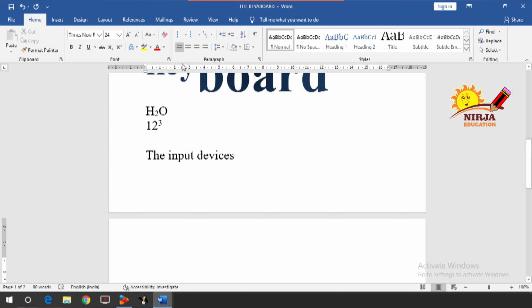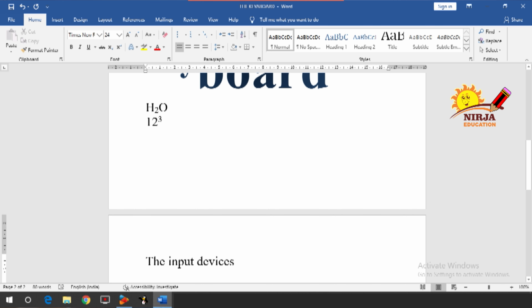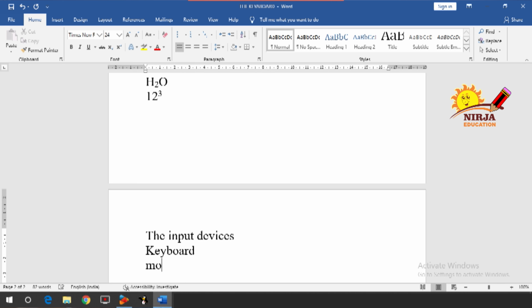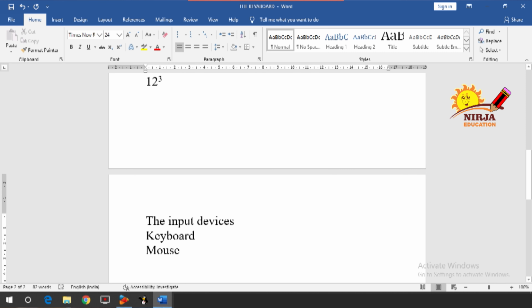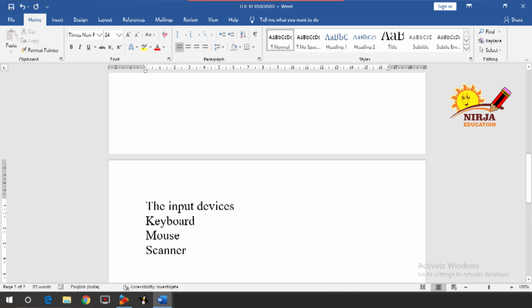Then we have to list it out. So what we will do, first input device is a keyboard, then mouse, then scanner, next is your joystick. Many more are there, right?